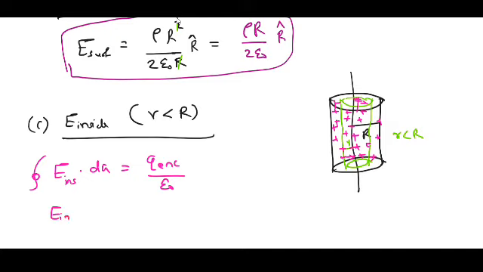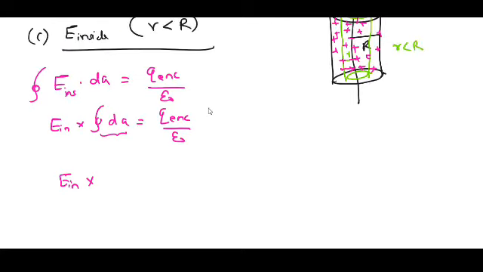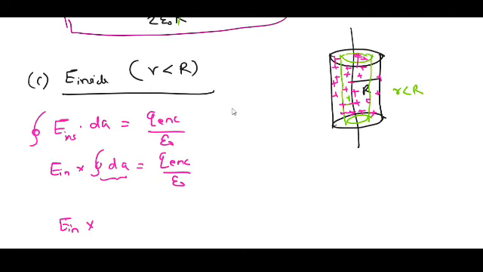That is E inside into the area of the Gaussian surface. Here the surface area of the Gaussian surface, GS, is nothing but the Gaussian surface area,